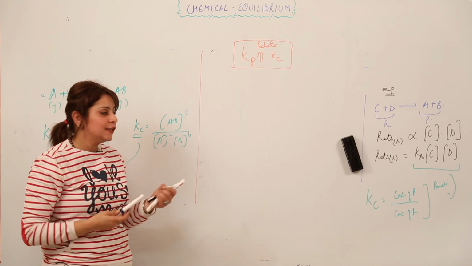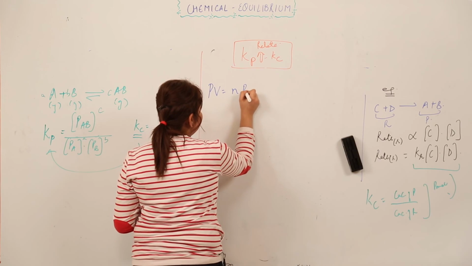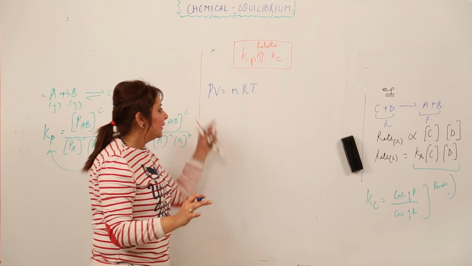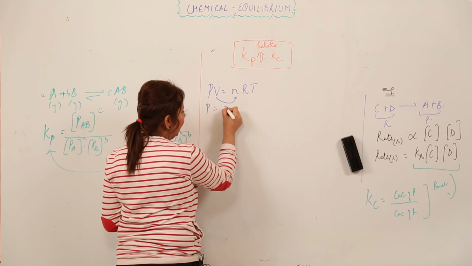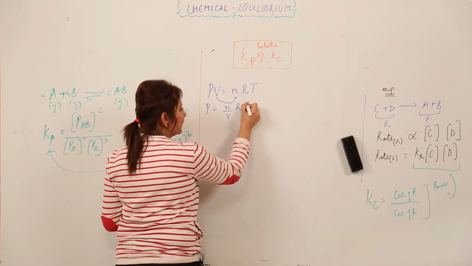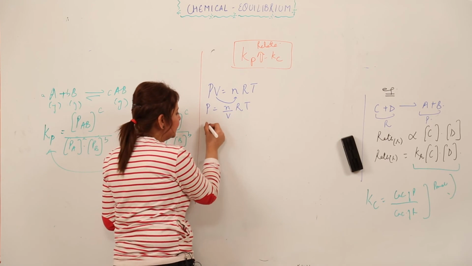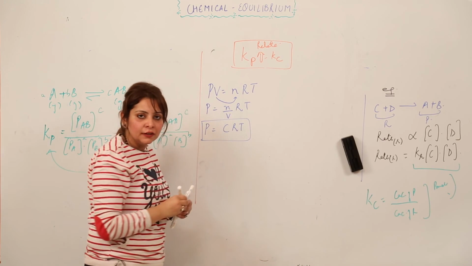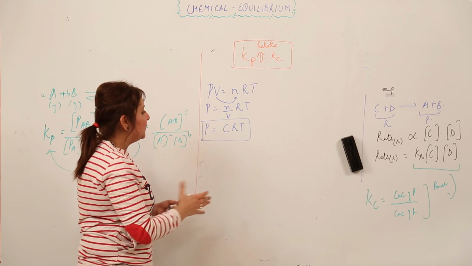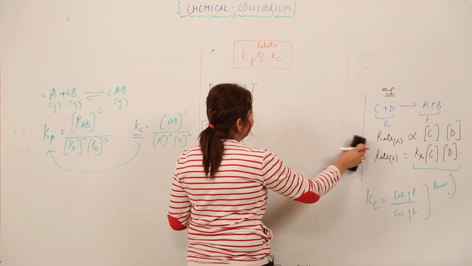We know the ideal gas equation, as you have already done in your previous classes, that PV is equal to nRT. You know that, right? I can write this equation in the same way by dividing volume by n. Number of moles present per liter indicates the concentration. So that means I can write this expression like this. Yes, I can do. So I'm just taking an example into consideration to relate them. I'm taking a reaction.